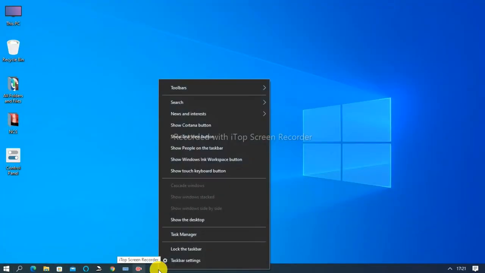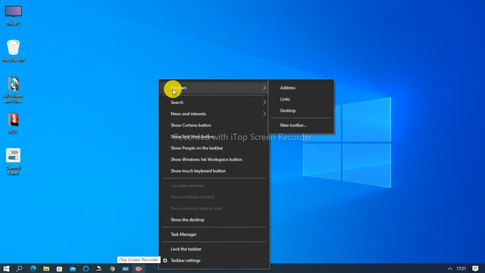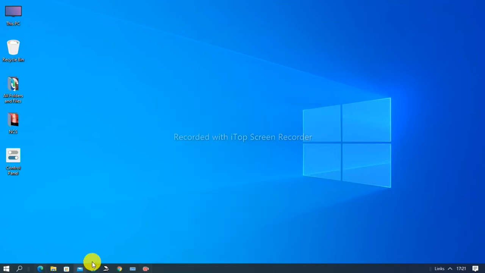Then we have to again right click on the toolbar and select toolbars, then links. So the links option has appeared. Now we just have to drag it from here till the end.